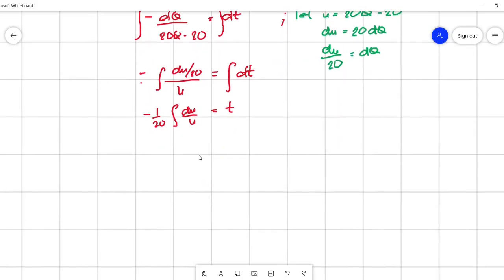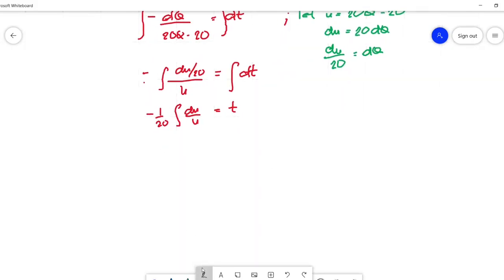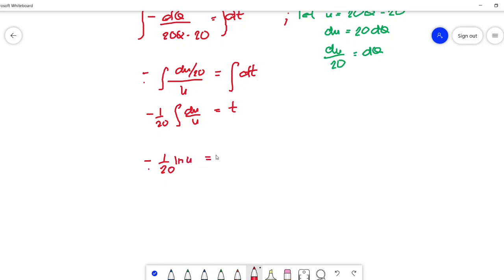And then what we have left is negative 1/20 ln of u equal to t. We cannot leave the value like this since we have assumed the value of u, so let's resubstitute the original value of u. So we have negative 1/20 ln of